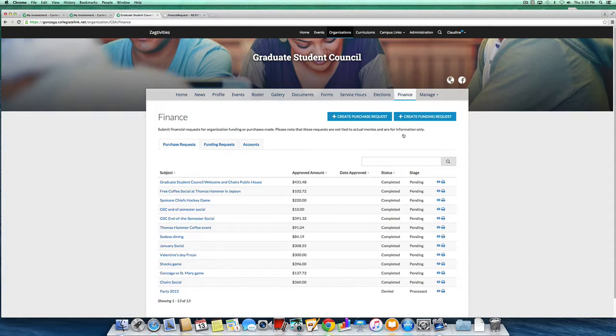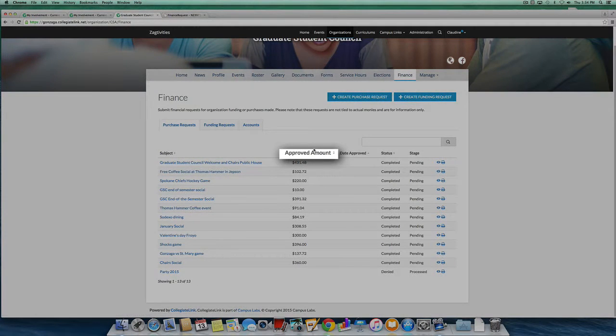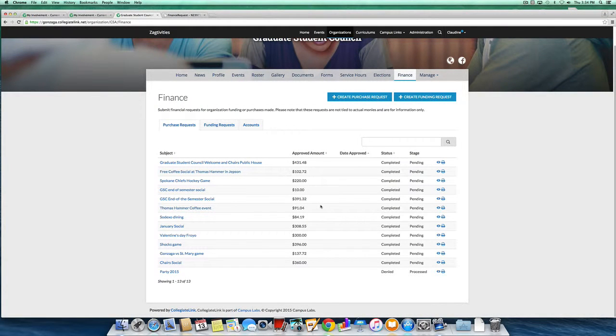So from the finance area, this is where all your questions can be answered in terms of how can I create a purchase request and how can I create a funding request. Now, a lot of students too sometimes want to go into the finance section to find out what they've spent in the past. It provides a history for you of the subject titles, how much was paid or approved to be used for that purchase request or funding request, and the status, whether it's completed, pending,